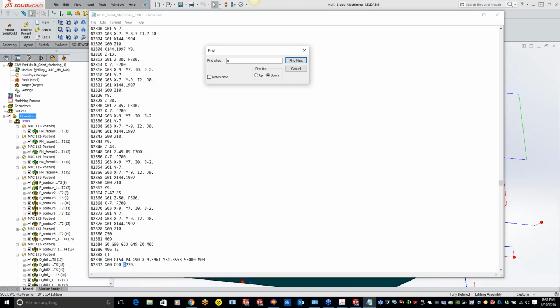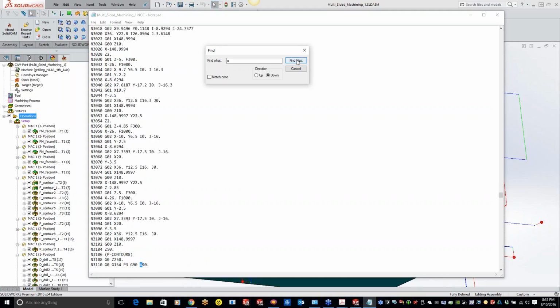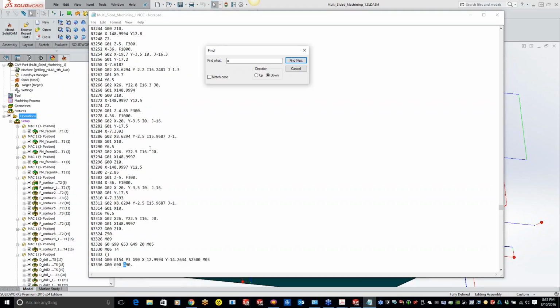But just kind of going through, we're at 270 A. Now with the Haas, we're using the A axis. With the Makino, we're using the B axis, and the Makino is a horizontal, and the Haas is a vertical. So that's why we're getting an A instead of a B. All right, what's the next one?